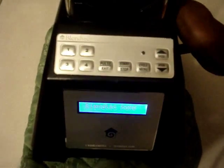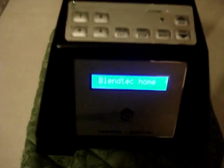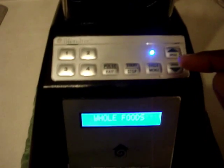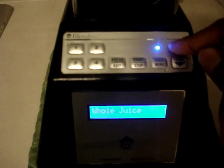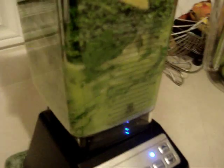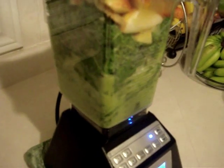So I just turned on my Blendtec, and you probably can't read it, it says Blendtec Home. It's so cool. So I'm going to put it on Whole Foods, because that's what's in there, and we are going to choose the cycle for whole juice, and then we're going to press start, and it's starting to make juice. You might not be able to hear me,